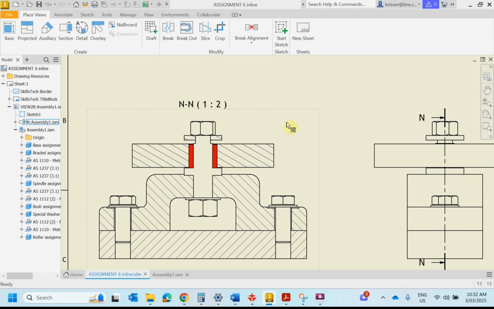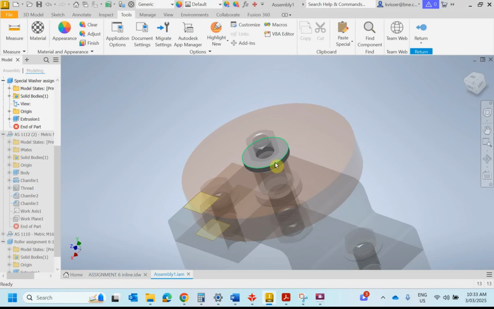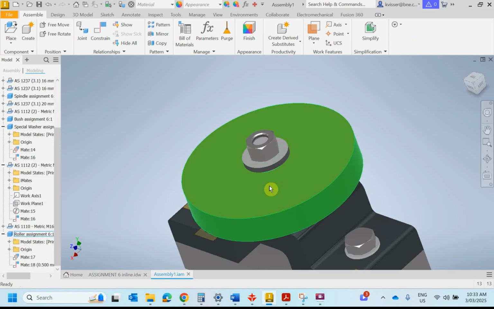Okay, in this video guys, we're going to look at how you turn off sectioning for a particular part within an assembly that's been sectioned. Australian Standard says that you shouldn't be sectioning a washer. Now, by default, when we put in parts from the content library, they don't get sectioned, which is really good. But we made this special washer for this project. We've made it as a part by itself,